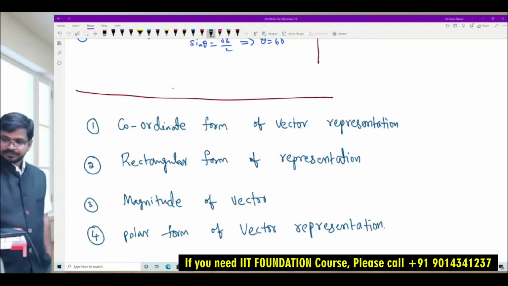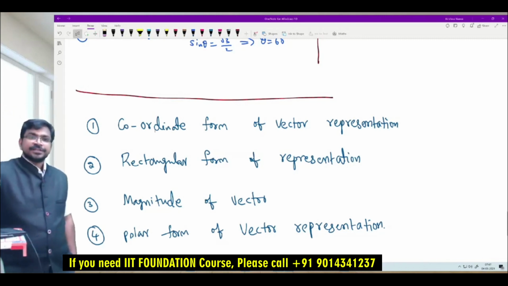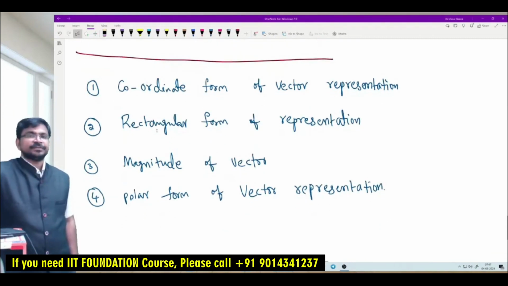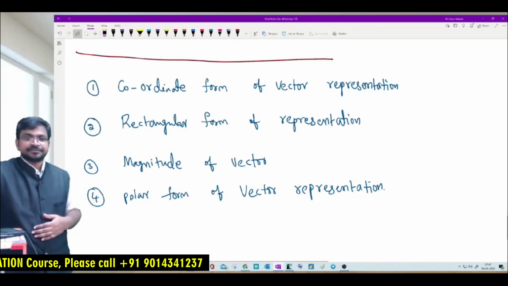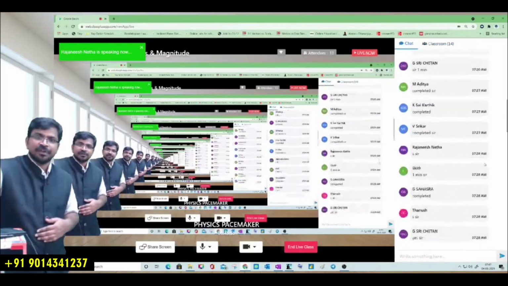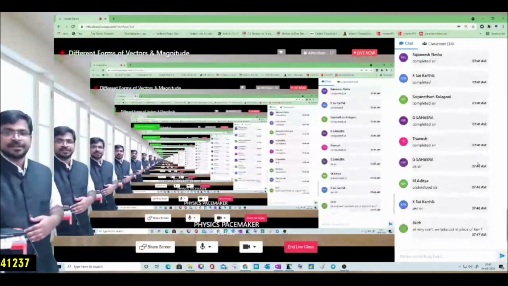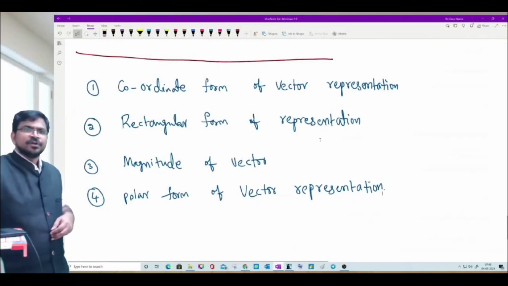Okay. Now, still if you have any doubt, you can give a hand raise request and discuss with me. My dear students, if you have any doubts today, Likit is asking, sir, why can't we take cot in place of tan? Yes, Likit, you can take cot. Cot will also save the time. Very good, Likit. Good thinking.